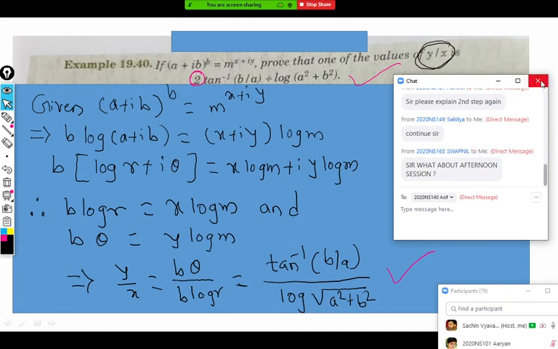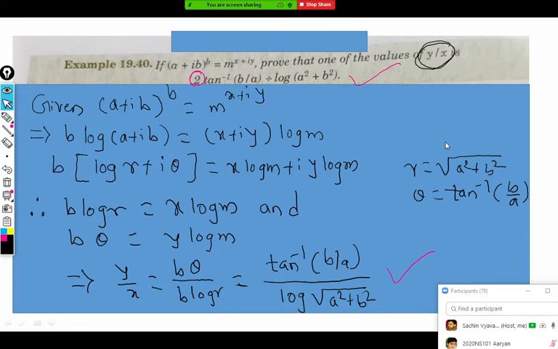Okay, the afternoon session I'm not going to take, because we are going to finish it right now. So only in the morning we'll continue these 4 questions, and that's the end of the syllabus. After that, whenever you have any doubt in any topic, you can just post it on WhatsApp. But on WhatsApp, don't post only the questions. Post your work also, whatever you've done, and then only I will check it, because a few of the students are giving me assignments like 'solve this, sir'. So I'm not going to do that. Clear?